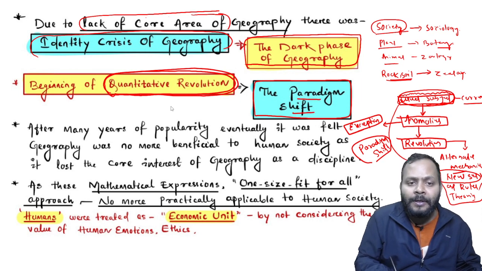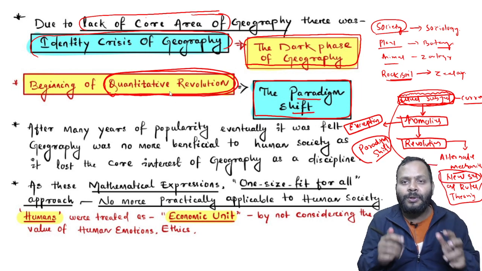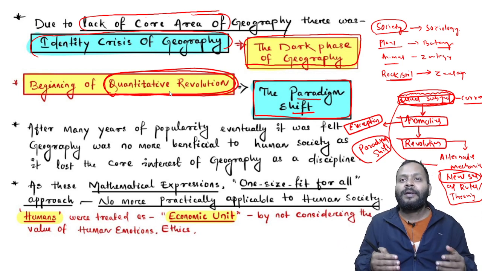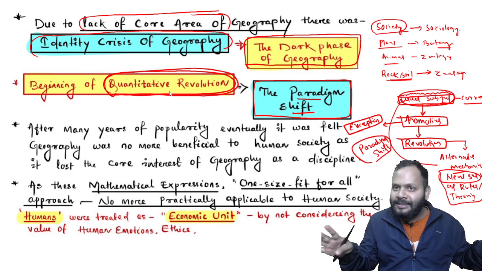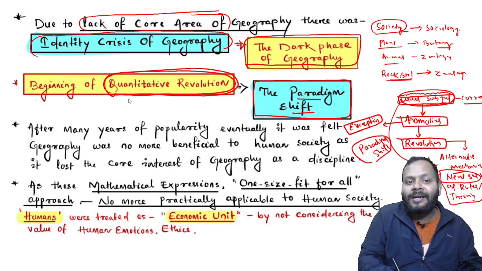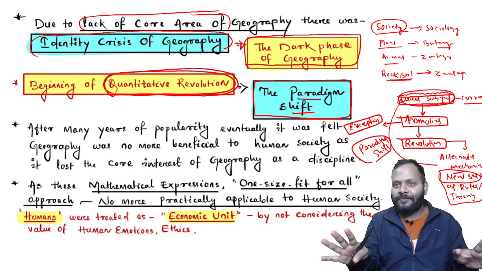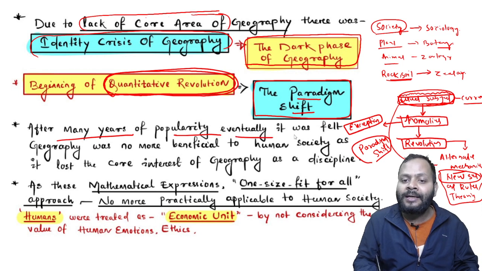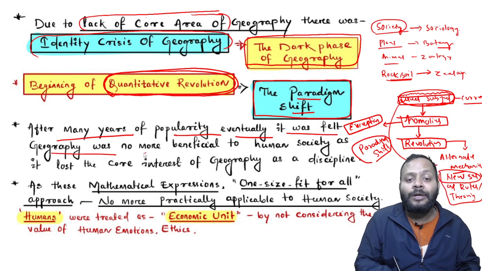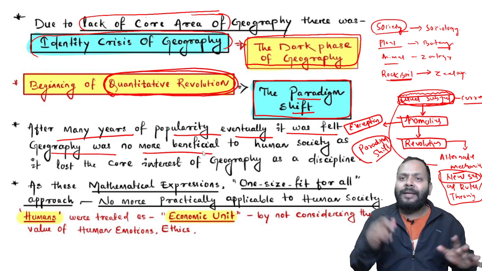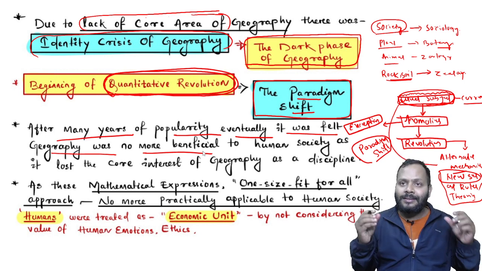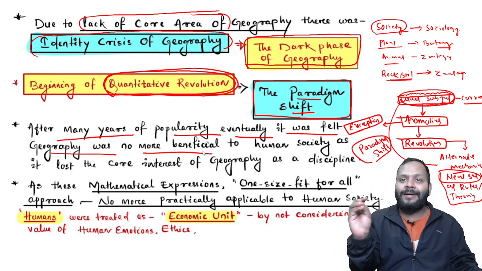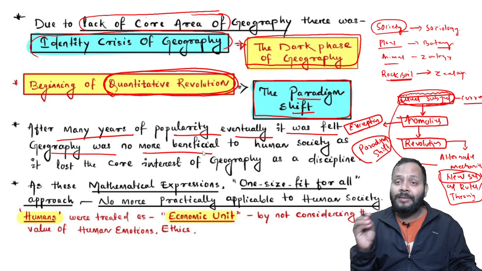This quantitative revolution is called a paradigm shift, because it includes mathematics, models, and theory. That means areal differentiation doesn't have model, mathematics, or theory, while the quantitative revolution has all sorts of things. After many years of popularity, eventually it was felt geography was no more beneficial. The quantitative revolution got popularity for many years, because thinkers from other subjects